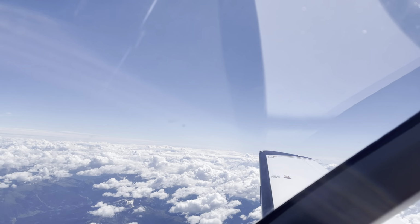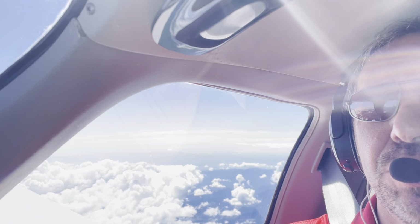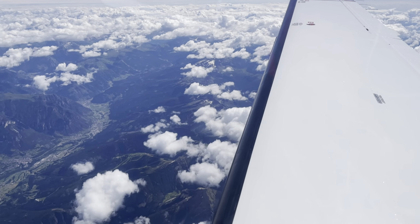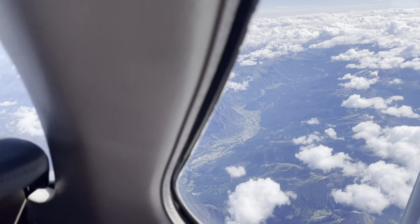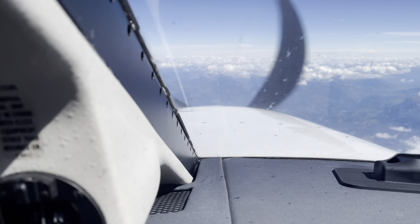So we're quite happily settled in the cruise. We're at 22,000 feet, or flight level 220. Just coming over the Alps actually. It's really nice. We've got about an hour to run now to Schwäbisch, and we've got the mountains down below us, coming over the Alps. So we're just leaving Italy behind us,